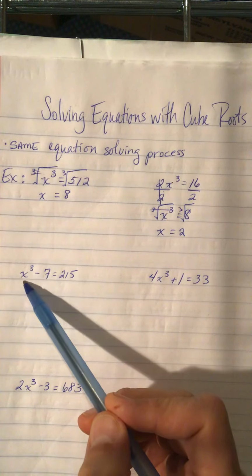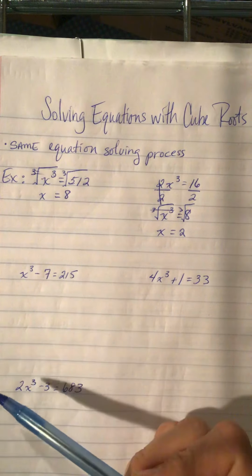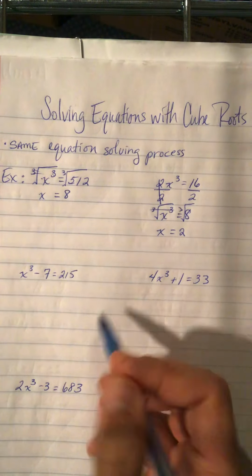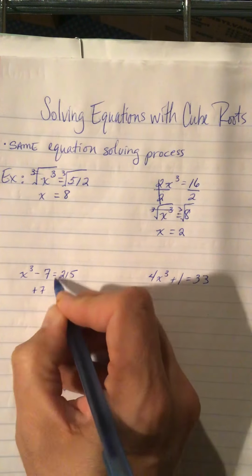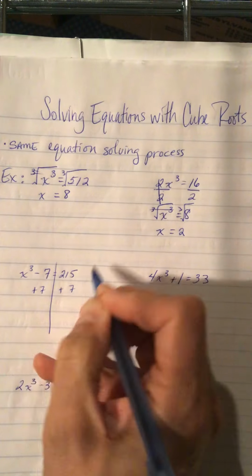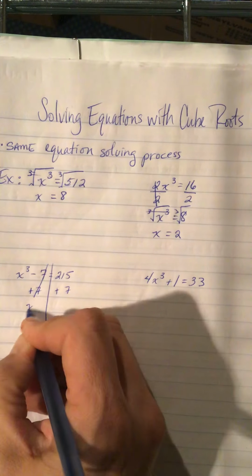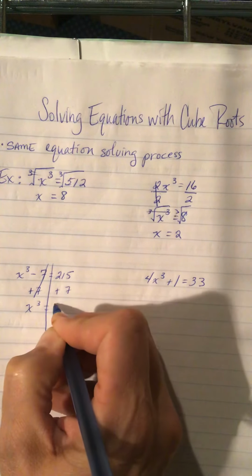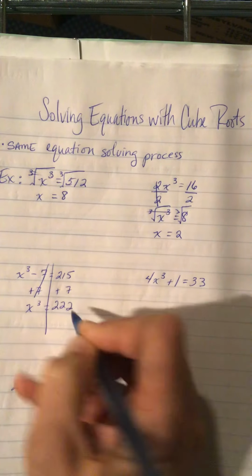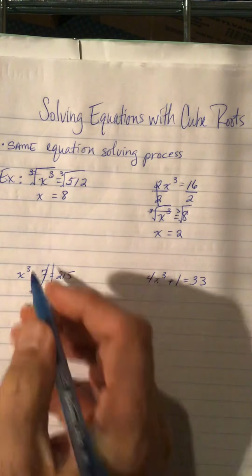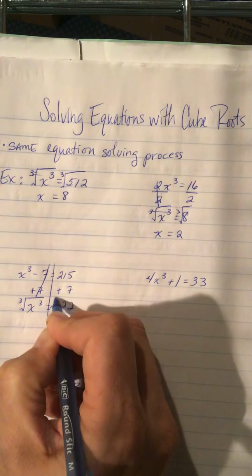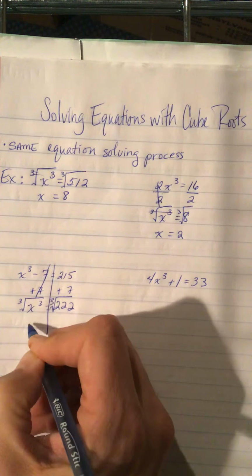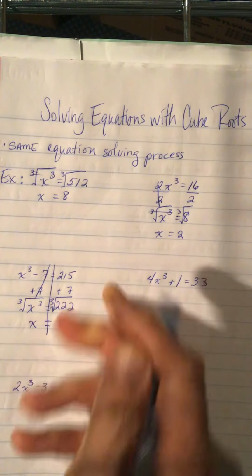Alrighty, let's go on to the next one. Here we have x cubed minus 7 equals 215. Just like we would if this was just a plain x, we would add 7 to both sides of the equation, and we see that x cubed is equal to 222. So if we undo cube with a cube root, so take the cube root of both sides, x equals,